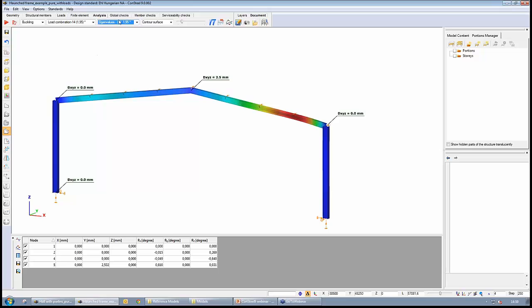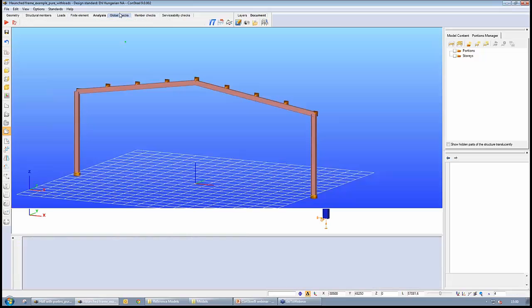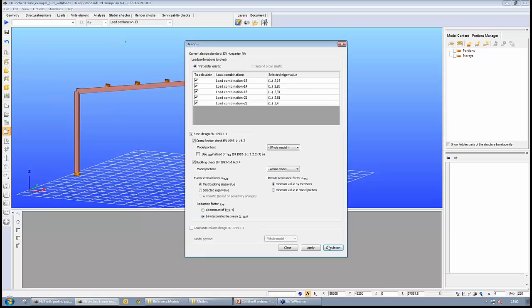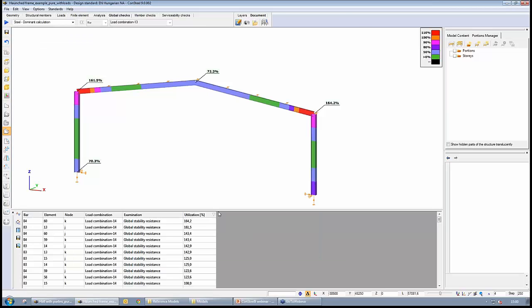has dropped significantly below 2. That means that the elastic critical state has a load multiplier of just 2, which is very close to the design loads. And if we go on to the global checks, we can see that this produced an even higher utilization rate, about 15% higher, because we now have very high slenderness in our beam, and this